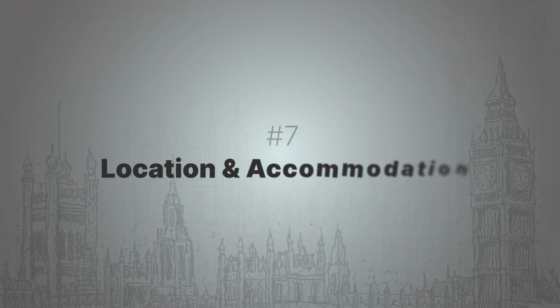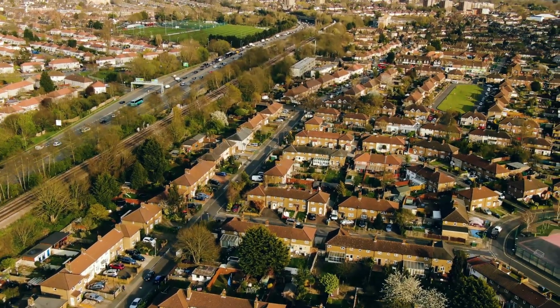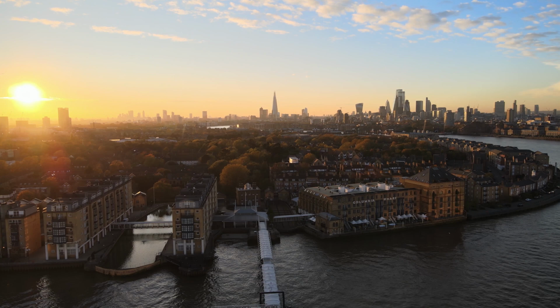Number seven is location and accommodation. From swanky hotels to cozy Airbnbs, London's got a bed for every budget. But before you go booking that penthouse suite overlooking the Thames, consider your options. Do you want to live like a local? Opt for a charming flat in Notting Hill. If you crave luxury, check into a boutique